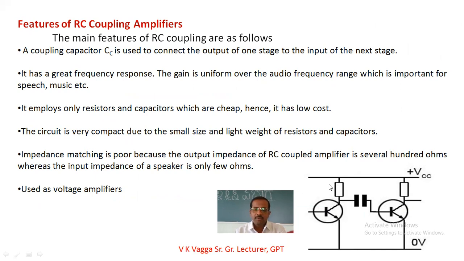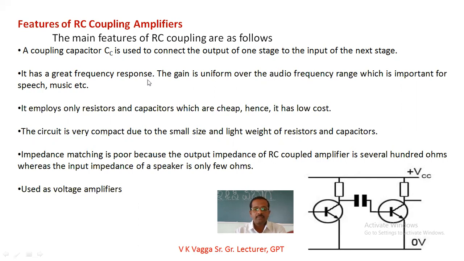So you can see in this case, this is the first stage and this is the second stage. The output of the first stage is connected to the input of the second stage with the coupling capacitor here. It is called the coupling capacitor, and it is itself called an RC coupling amplifier here. So a coupling capacitor, or CC, is used to connect the output of one stage to the input of the next stage, and it has a great frequency